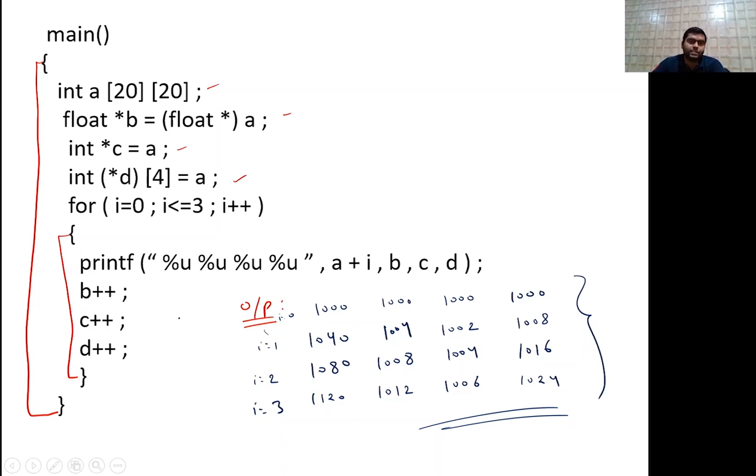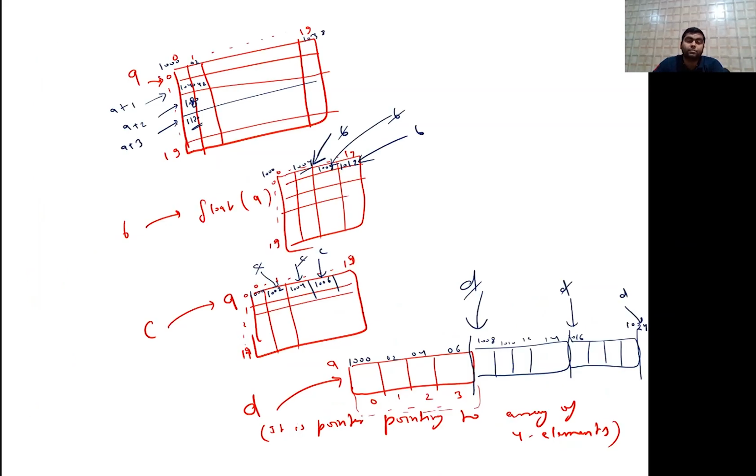So this is a very interesting thing, that there is a 2 by 2 array of 20 by 20 elements. Again the same integer array is converted to float and pointed by a float pointer, and there is another pointer C which is pointing to the same array. In that case C can move, but A cannot move because A is fixed. A is the name of the array, so the base address is fixed, but C is a different pointer, so it can move. Now next is D, a pointer pointing to an array of 4 elements. If you increase D, D will skip 4 elements each and every time. I hope that I am giving this in very detail, and that this is clear to you.